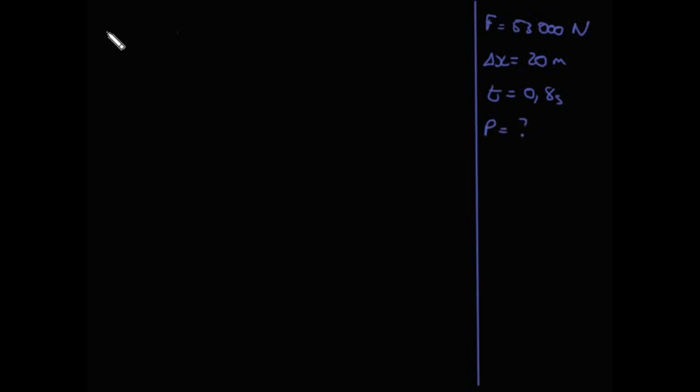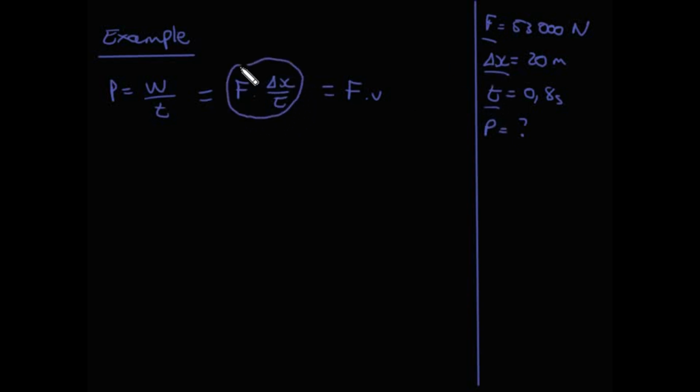Well, we know the formula for power for this example. We know that P is equal to W over t, which we also know equals force multiplied by delta x over t, which equals F times v. So what do we have here in this equation? We have a delta x, we have a t, and we have an F. We have all three of this equation, so we're going to use the middle one. Therefore P is equal to